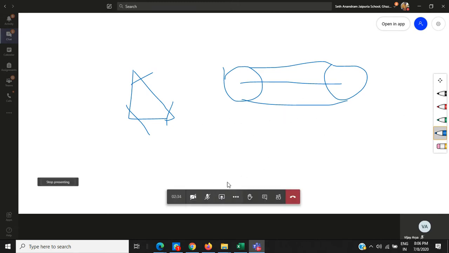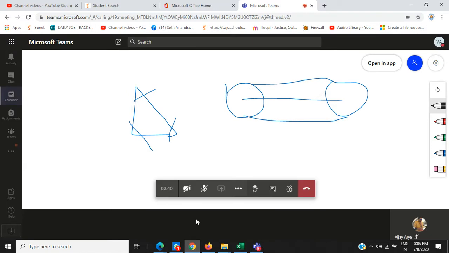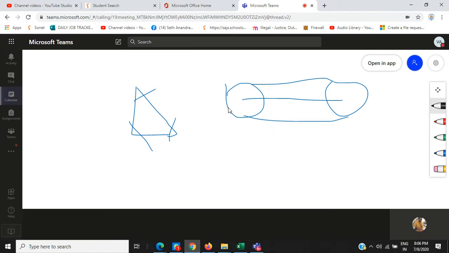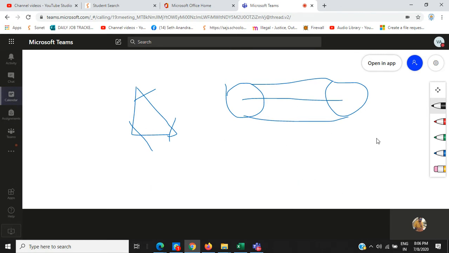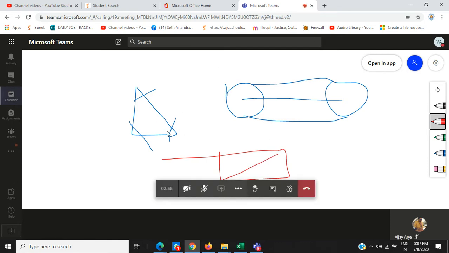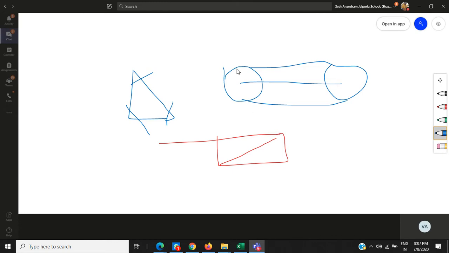But there is one thing I will tell you. This is my Teams. I scheduled a meeting with somebody else, and that is his screen. Now, when we are just sharing the whiteboard, he will also be able to write something on your whiteboard. This is the browser and this is the Teams app, so now he can easily write on your board.